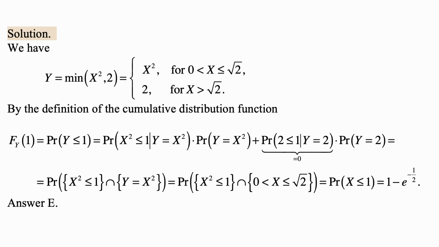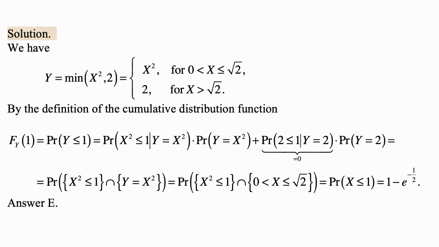and that's equal to the probability that X squared is less than or equal to 1, given that Y is equal to X squared, times the probability that Y is equal to X squared, plus the probability that 2 is less than or equal to 1, given that Y is equal to 2, and Y can be only equal to X squared or 2, so that's the other possibility, times the probability that Y is equal to 2. But of course the probability that 2 is less than or equal to 1 is 0, regardless of the condition, so the second term is 0, so this is just equal to the probability that X squared is less than or equal to 1, given that Y is equal to X squared,